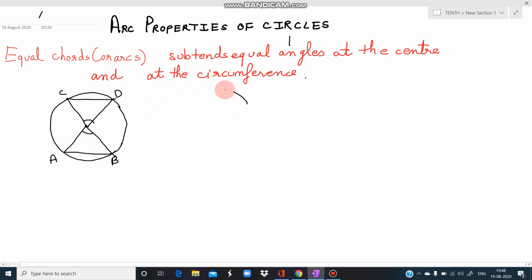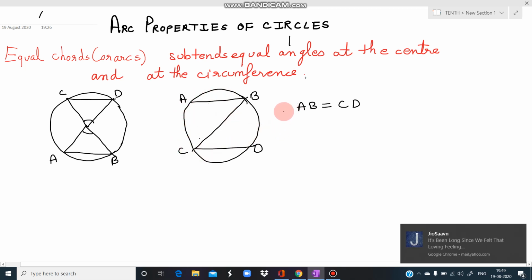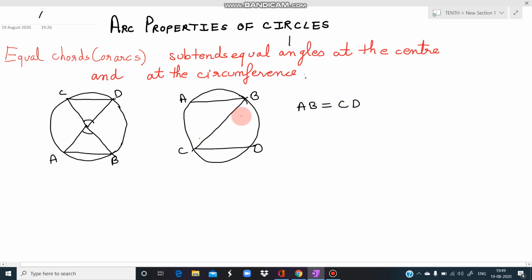Now comes about the circumference. Circumference पे कैसे आएगा? Suppose these are the two chords. We have chord AB and we have chord CD, and it is given that this chord AB and the chord CD, they are equal. So if I join this BC, ये circumference है. Now it is given that AB is equal to CD, we can take the other way. I have joined BC here. So instead of taking these arcs, let me take the arc here. Let me take the arc AC and the arc BD.